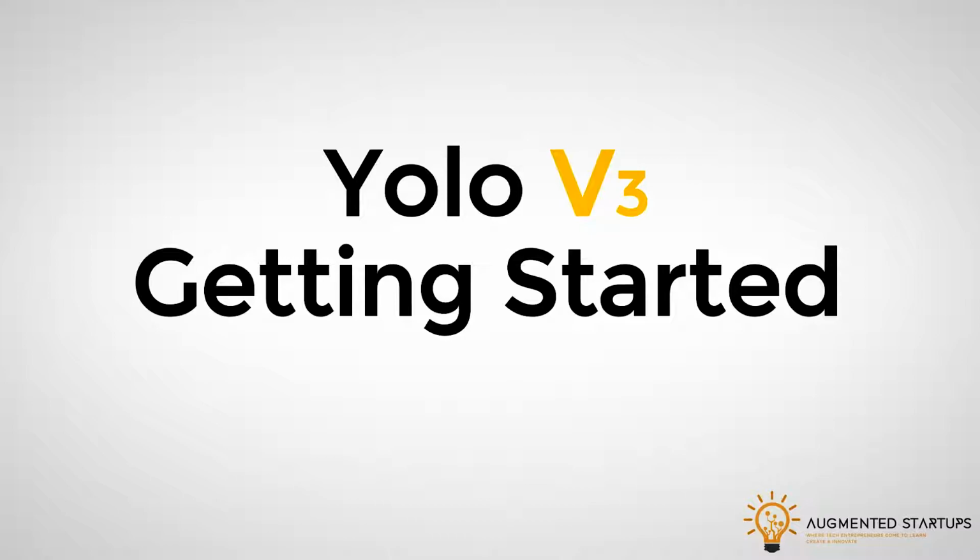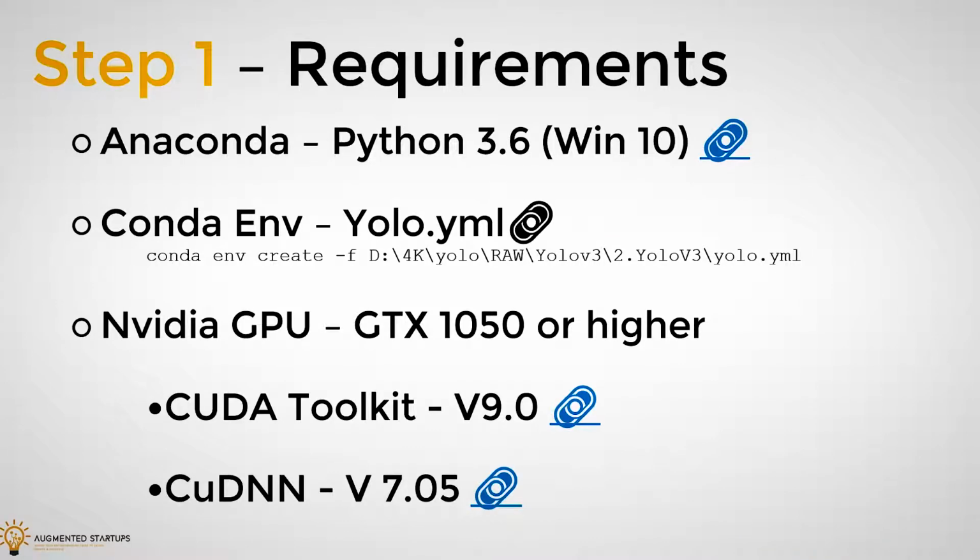Okay, so let's look at the requirements. First of all, we'll need Anaconda. We're going to have Python 3.7 for Windows 10. We'll also need our Conda environment. So I make things quite easy for you. You can basically just clone my Conda environment and you'll have all the packages that you need to run PyTorch